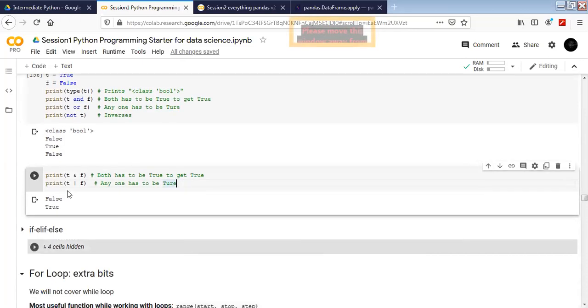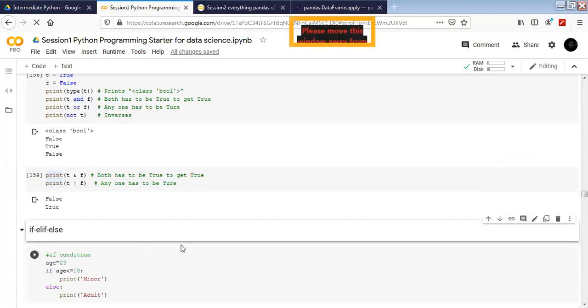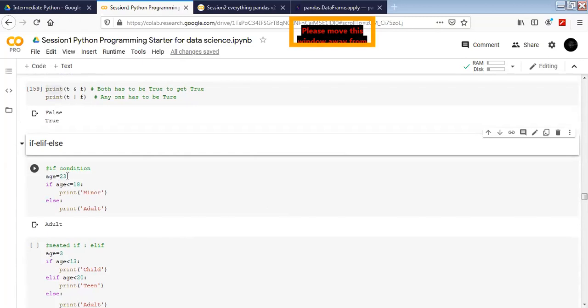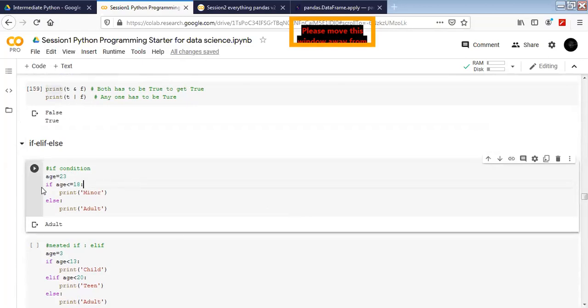Next we will move to using this conditional flow. These are useful when we are using if and else conditions, so we'll see how if else works. The if condition is going to work like this: if, and then the condition we have to apply here. It has to be a true or false thing. Whatever we put here has to be converted into true or false.